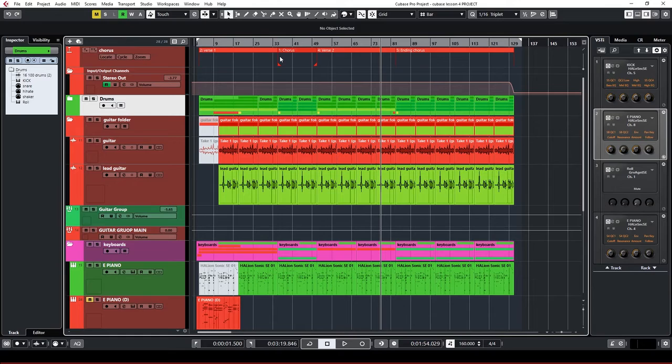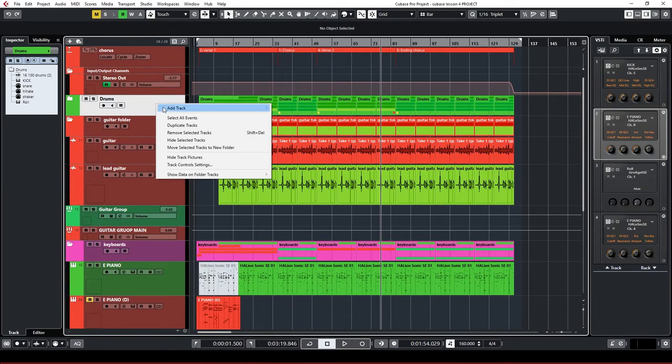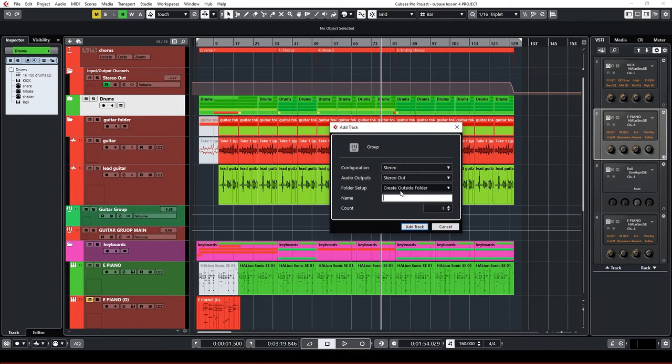In this section, I also like to create a group track for the whole drum folder. So what I'm going to do is I just select this whole drum folder. You know, we created a folder for it. Our drums are within the folder. So we just go on add and add group. Yes. So for this group, we make sure that it's create outside folder. You know, the folder setup is create outside folder. So we are just going to name it our drums group